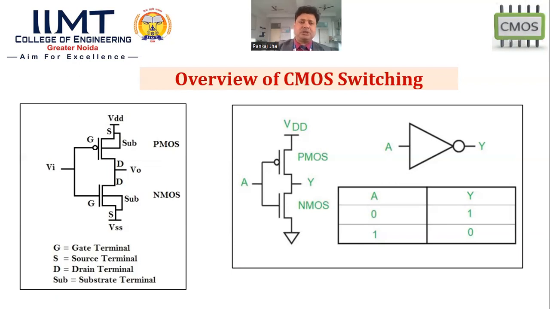That is, PMOS will be in saturation mode if the gate input voltage is low, and similarly, NMOS will be in saturation mode when the input voltage applied at the gate is high. Another thing is the PMOS circuit is also known as the pull-up network, and the circuit made by NMOS is also